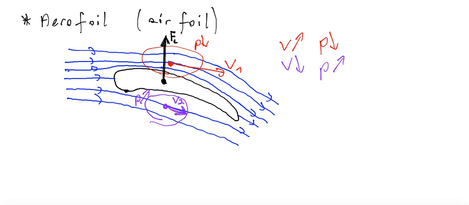So remember, the shape of the airfoil creates a different movement of air, different speed of air above the airfoil than below. So there is a pressure difference, and the pressure difference results in a force which acts up on the airfoil. Okay? And so this is the fourth application of our Bernoulli equation. So please copy this with, of course, a kind of comment. And finally,